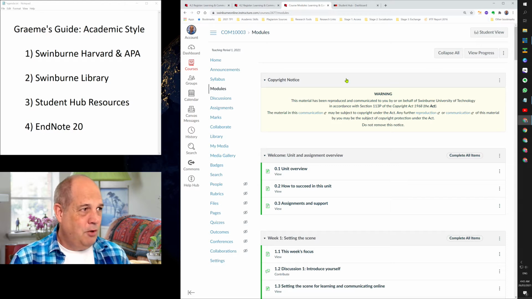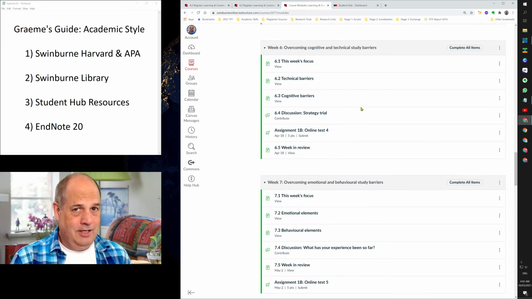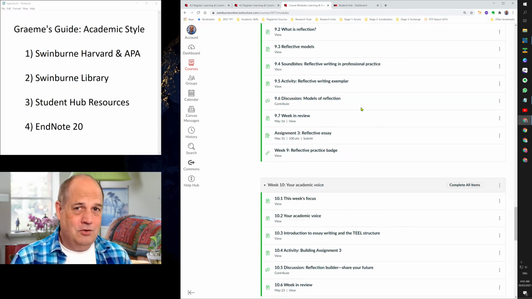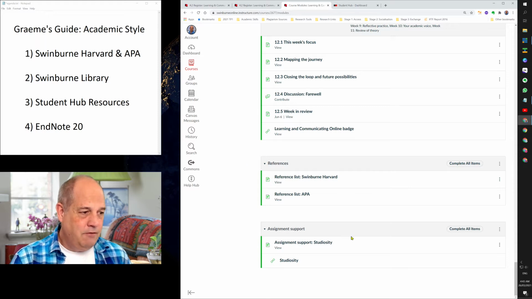If you scroll to the bottom of the modules page, you will find a link to all of the sources we use in this unit. So here I am at the bottom of the page. The very bottom